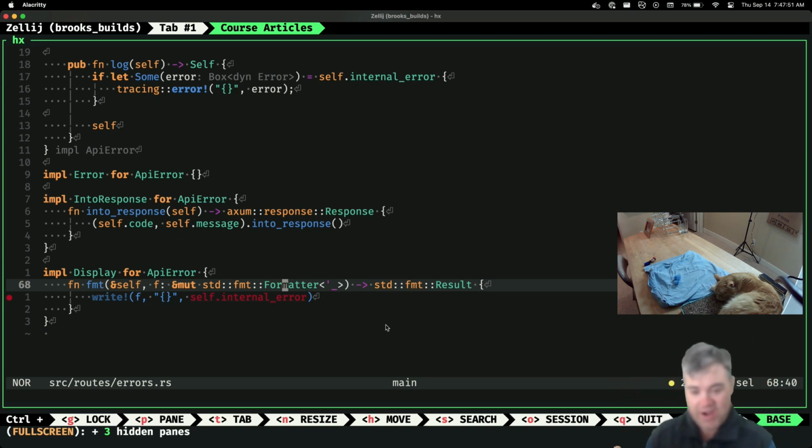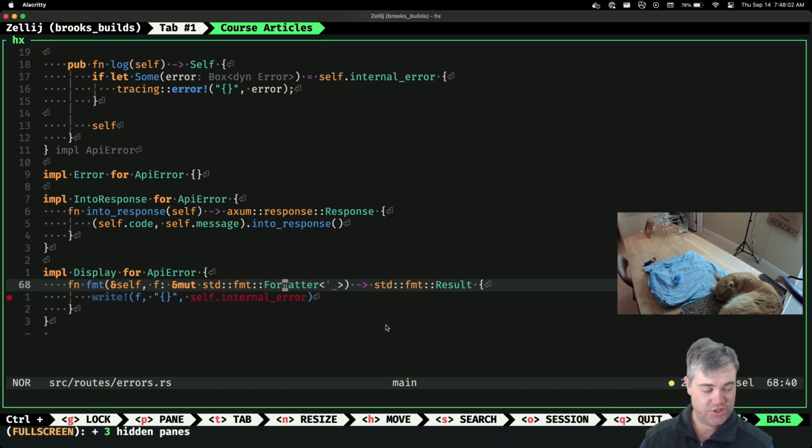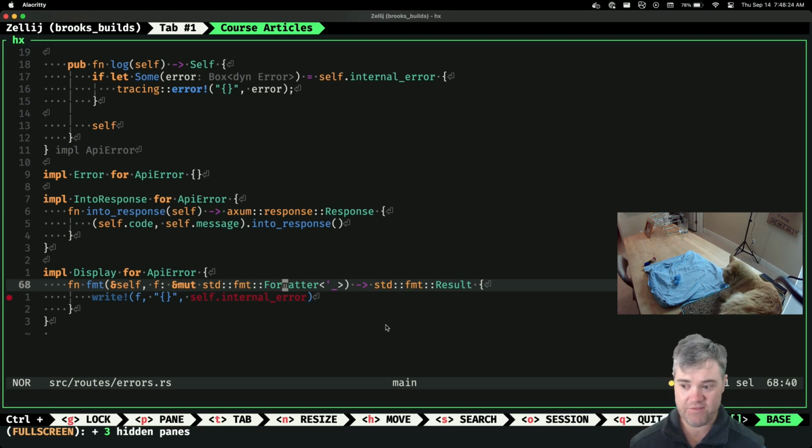If you have an error object, you can get the trace in string form and put it into a database or log it out or whatever you want. I've had a lot of trouble figuring out how to get the backtrace manually from an error. I might be able to get it from this error, but